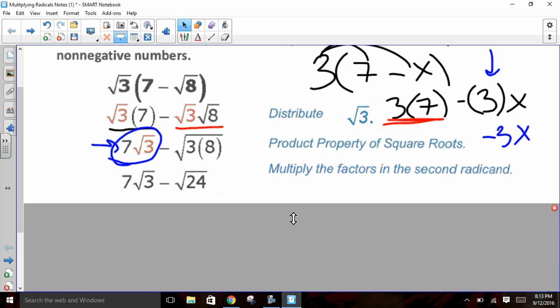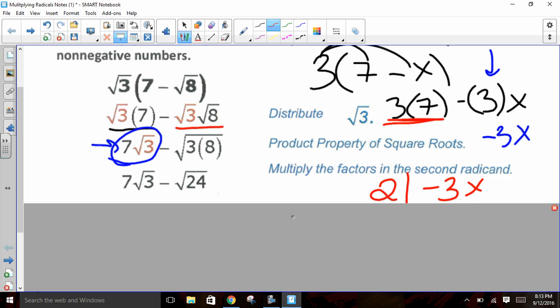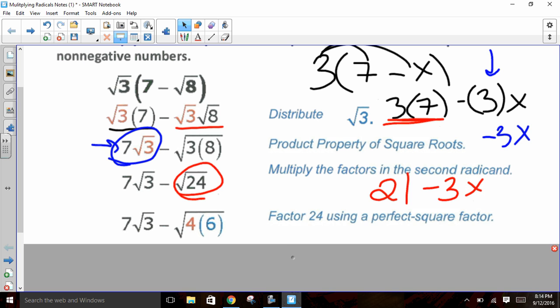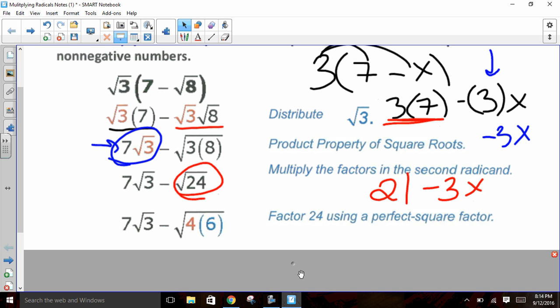Okay, now I'm going to go ahead and multiply that through. So 3 times 7 gives me 21. That square root of 3 follows with. 3 times 8 is 24, and it stays under that radical. Well, you're probably like, I can simplify the square root of 24, can't I? Yeah, 24 is equal to